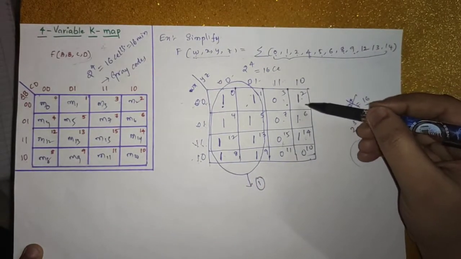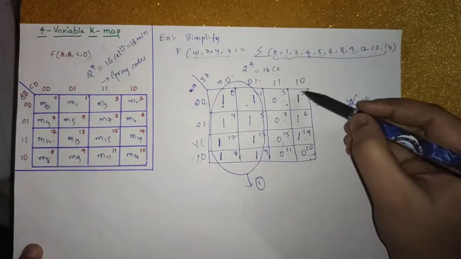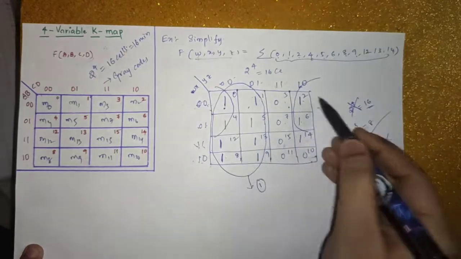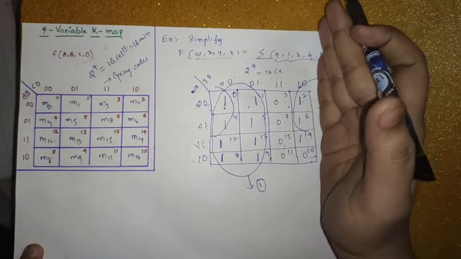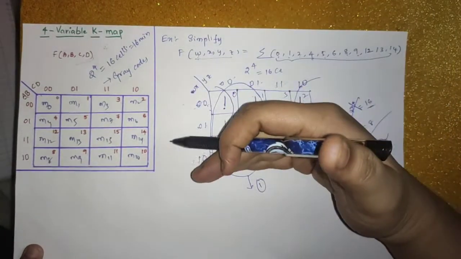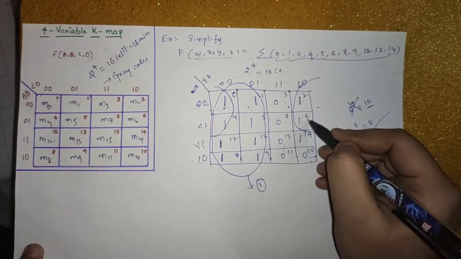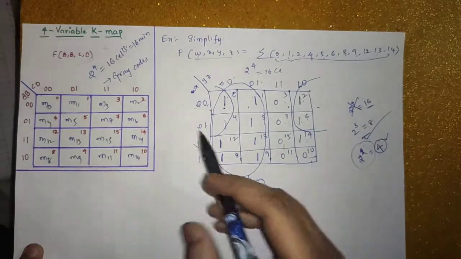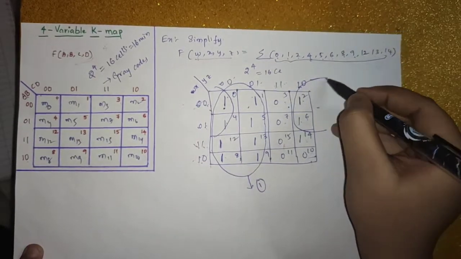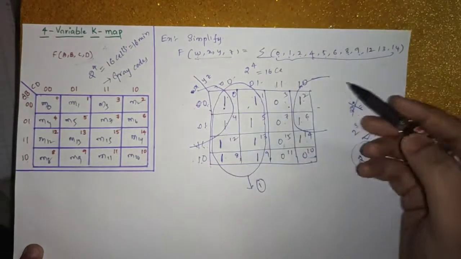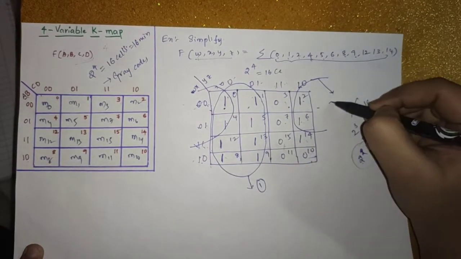Yes, it is possible because it is like a cyclic, so we can take these 2 ones paired with these 2. These 2 are adjacent to each other. Actually, these corners and these corners are adjacent to each other, so that can be pairable. So these ones and these ones are paired, and we get the second loop. This pairing is done with these 2, and we got the second loop.